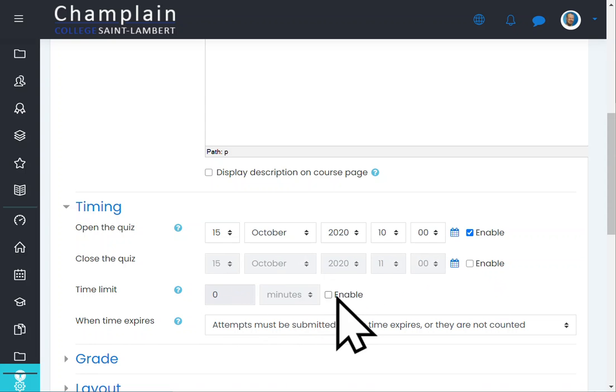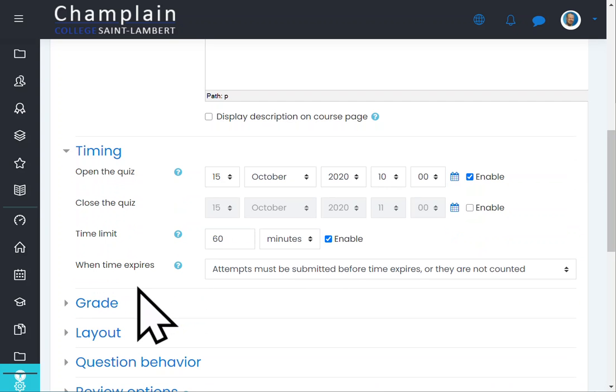Alternatively, you can set a time limit. This means that you can enter minutes or hours or days or seconds here. So let's say 60 minutes. And then students will have 1 hour to do the quiz. Okay, so they can start it at any point in time after the quiz is open, and then they have 1 hour to do that. I like to use this time limit function when I make students write quizzes in class or synchronously, because some students may be late to class or so, and then whenever they start the quiz, they have 60 minutes